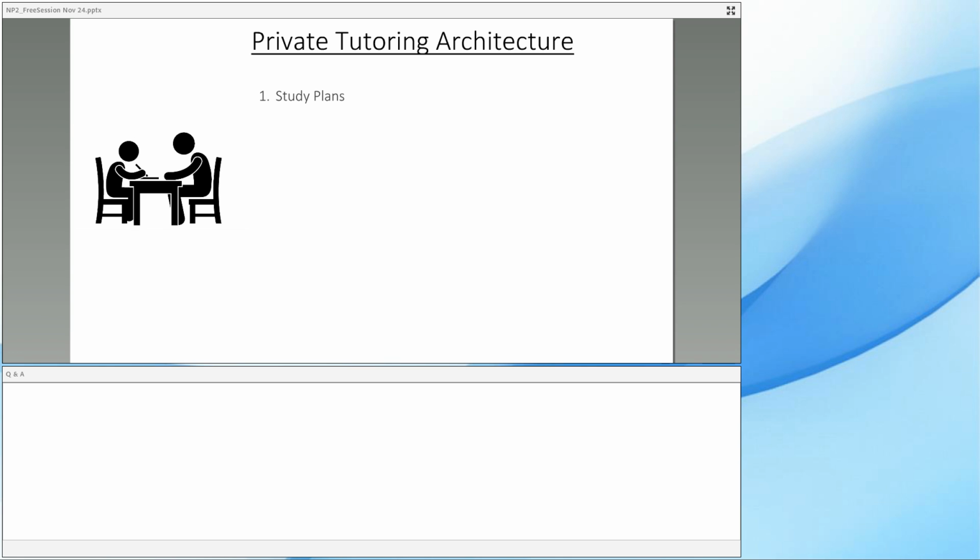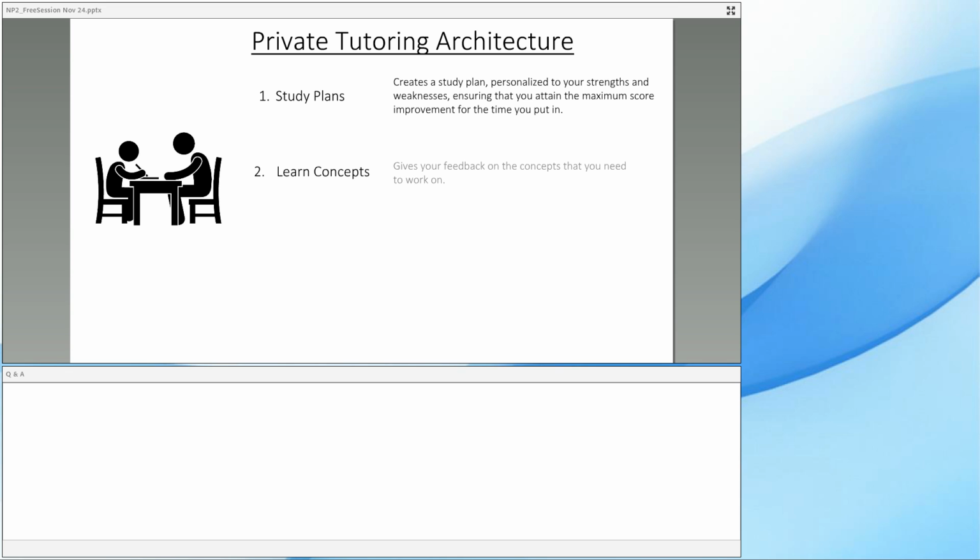A private tutoring based architecture works slightly differently. If you work with a good private tutor, that good private tutor will first evaluate you. He or she will create a personalized study plan. That study plan would be the most efficient way in which you reach that 720 or higher score, and it'll be a manner which you're likely to hit, where it'll have those targets that you're likely to achieve. Then a good private tutor will teach you concepts, and as you're learning concepts, he'll evaluate you on those concepts and give you feedback that is personalized.